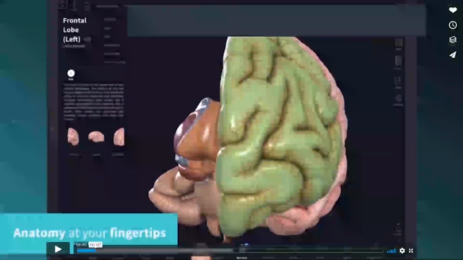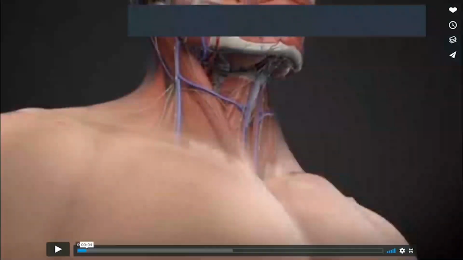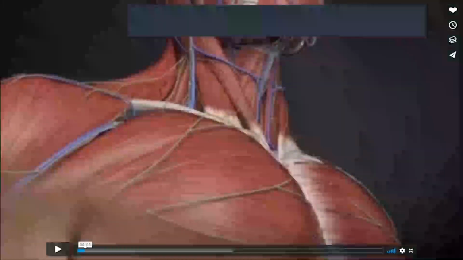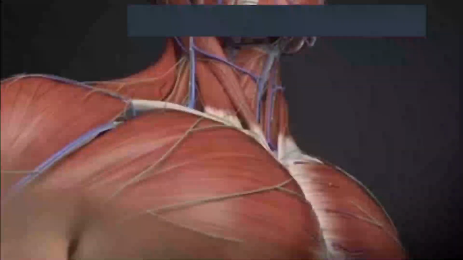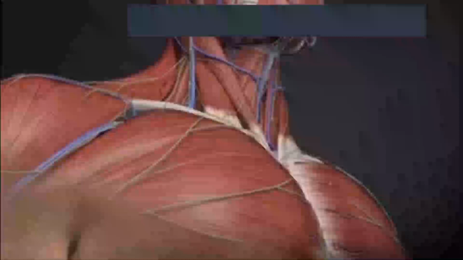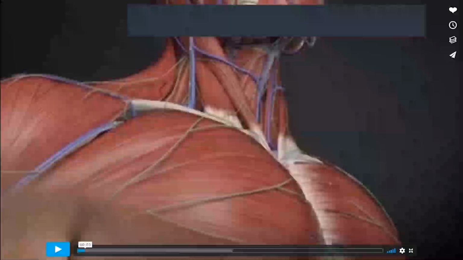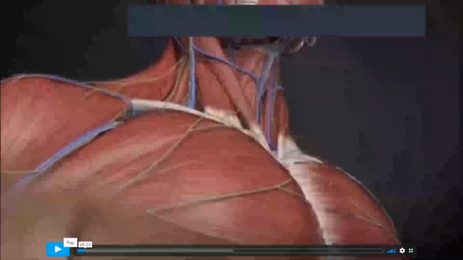So we will have a quick 2-minute video, just to showcase what is Complete Anatomy. You all would have received the invite mentioning Complete Anatomy. With the help of Complete Anatomy, Dr. Suma, the professor of anatomy from JIPMER, would be taking the classes on special sensory organs. So we will have a quick introductory video of 2 minutes on Complete Anatomy. I will run that video for you all.